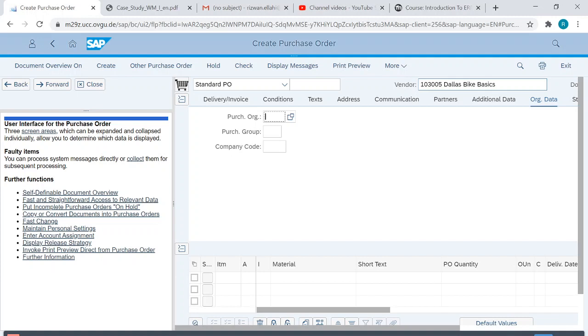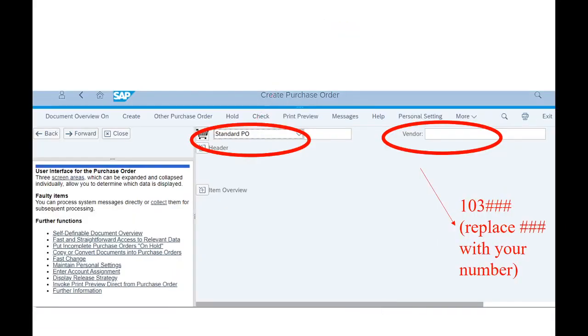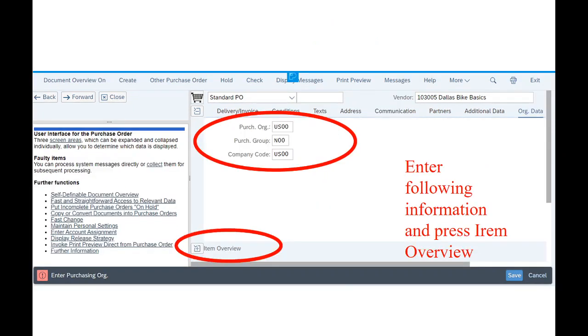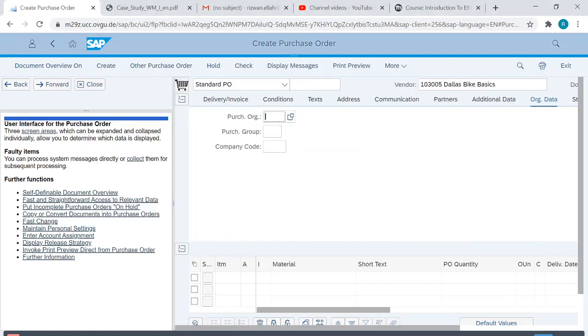As told in your case study as well, you need a purchase organization, purchase group, and company code, and they are given to you as US00, 00 and US00.